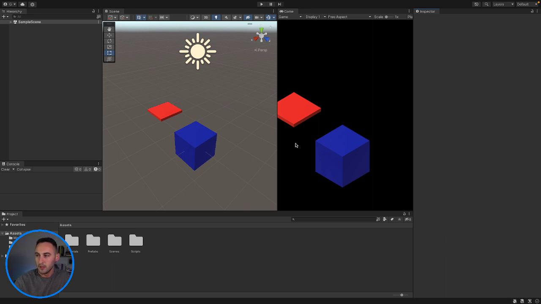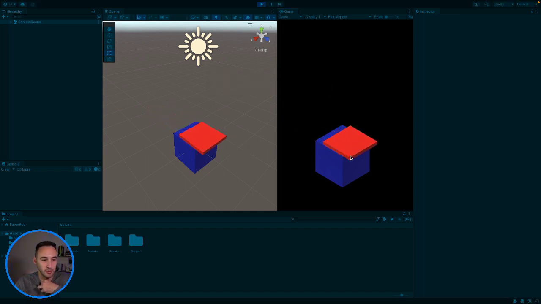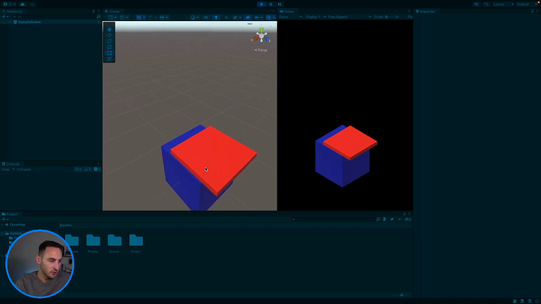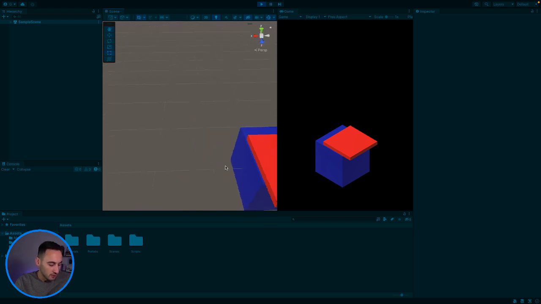So here we are. Here's our game. Let's see what we did in the previous episode. I think we only worked on stopping the cube. So if we press on the screen, yeah, there we go. I don't know if you can see this, so I'll zoom in on here. We might also need to